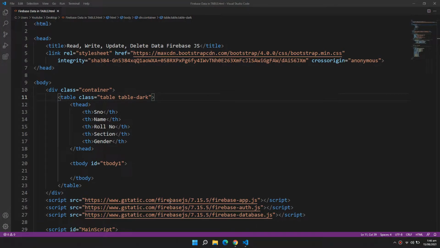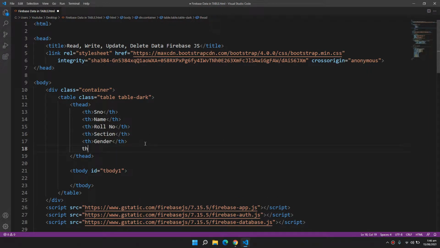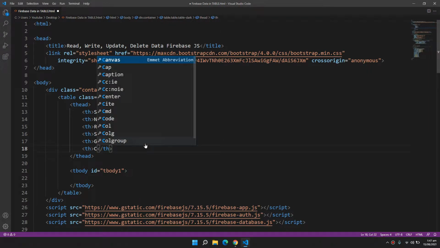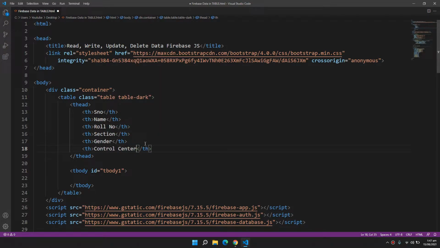Now to proceed, I am gonna add a new header into my table. So th, and this will be called control center. And then I need some more bootstrap.